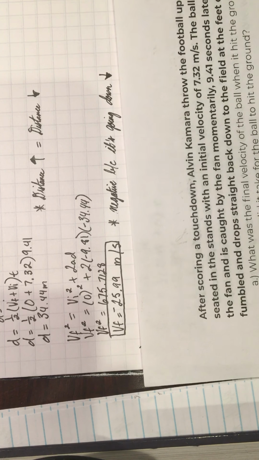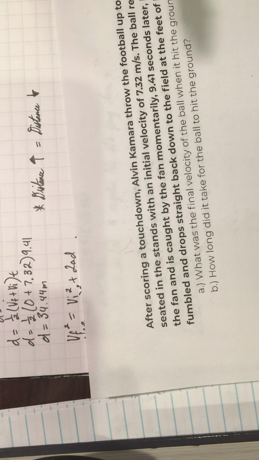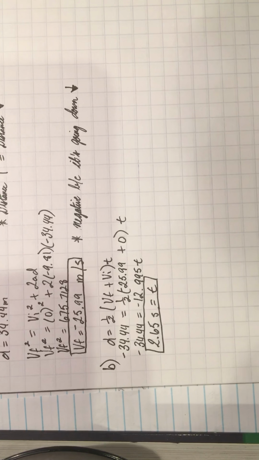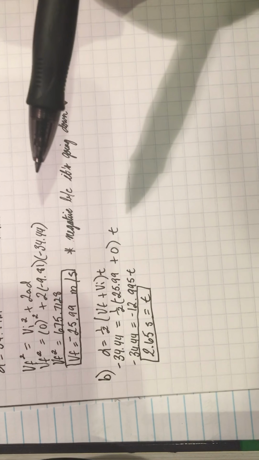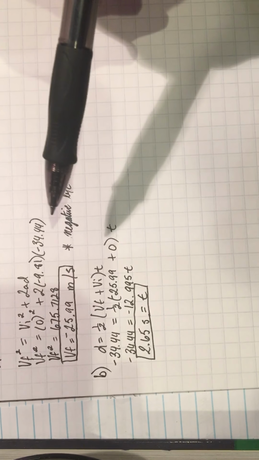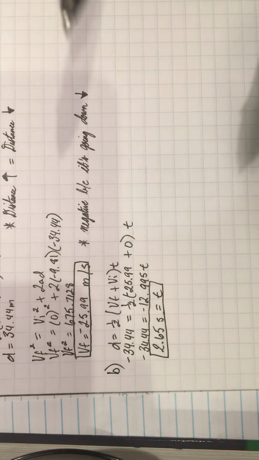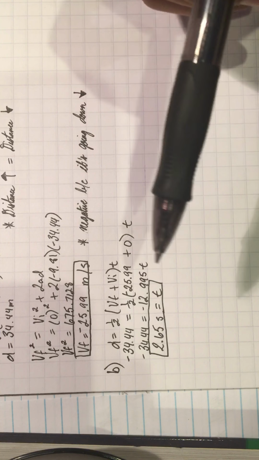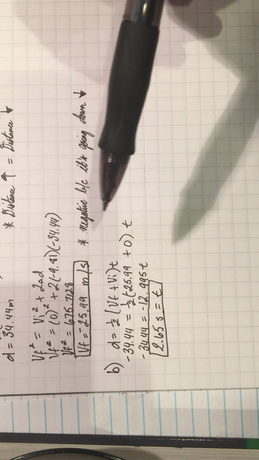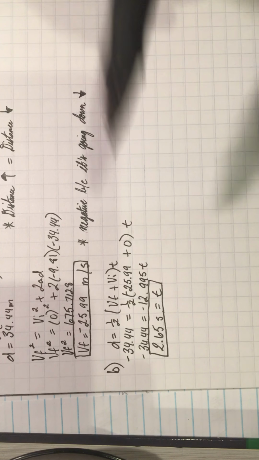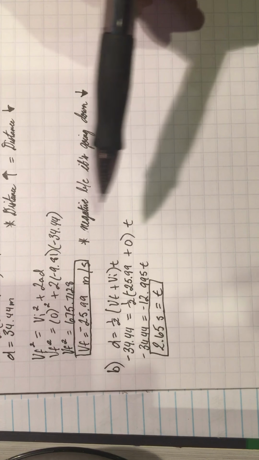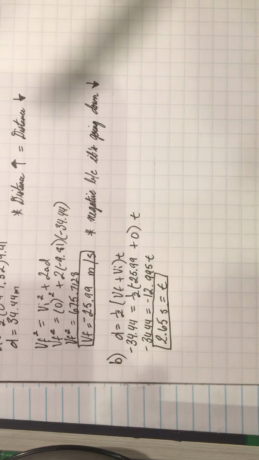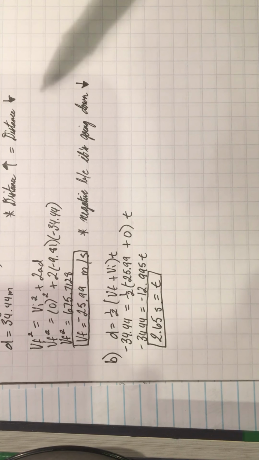And then the second question, which was how long did it take for the ball to hit the ground? So what we do here is we set up an equation for time by using our earlier equation of d equals 1 half (vf plus vi) times t, and we plug in negative 34.44 for d and negative 25.99 for vf. So we solve that, and then we get 2.65 seconds for t. And so that's the time it takes for the ball to come down from the